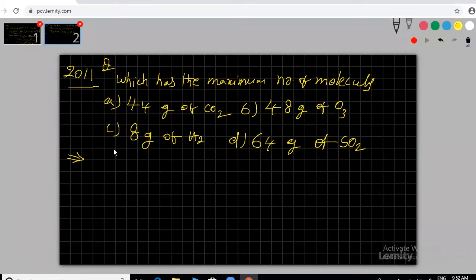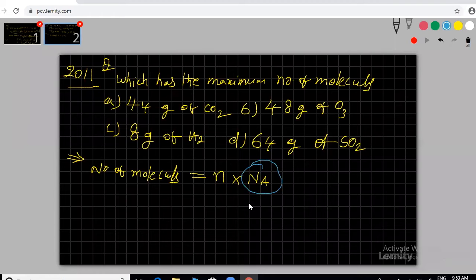Fine, we understood that one. So number of molecules. What is the formula, sir? Number of molecules equal to n into Avogadro number. For those who are not able to give answers, I am writing it. I hope I gave this formula. Avogadro number is common for every case, so we are multiplying with Na.